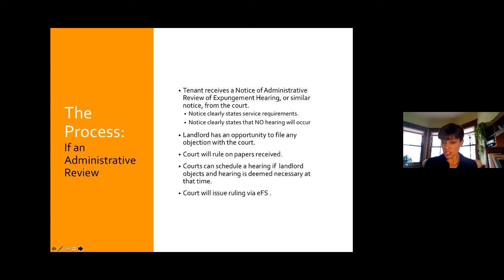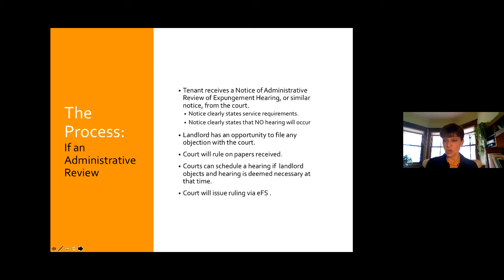If it's an administrative review, and this is what I think is a positive change, because it used to be if you wanted to represent someone full rep, you had to file the papers and then you had to show up on a Friday morning or a Tuesday afternoon or a Wednesday morning, and you had to sit through an entire calendar, which could take a couple hours. But now what happens is when you file the paperwork, if the court deems the case to be reasonably non-controversial,